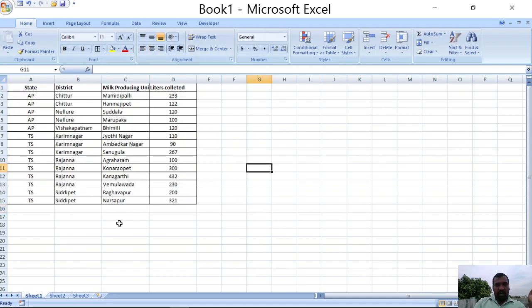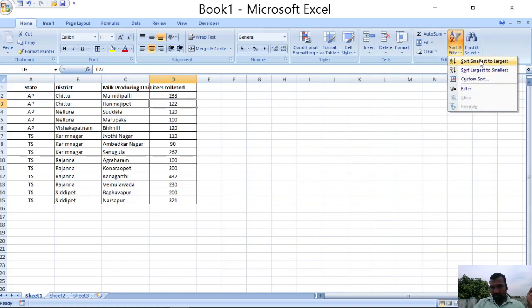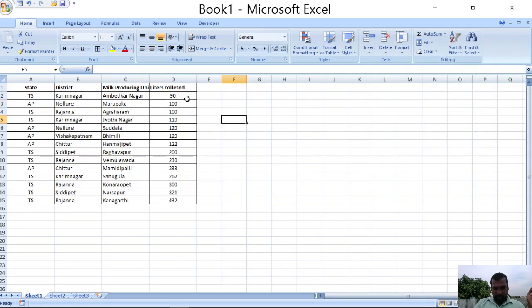After performing the sorting operation, now I want to sort this table based on the number of liters of milk collected from smallest to largest. So at that time, choose any one of these columns and sort from smallest to largest. So 90 liters first, then 100, 110, 120, 122, 200, 230 and so on, last 432.